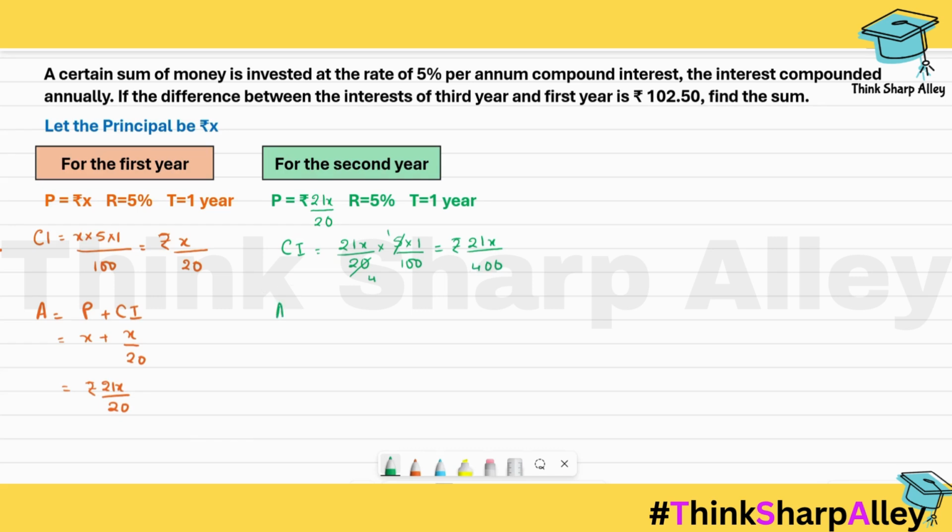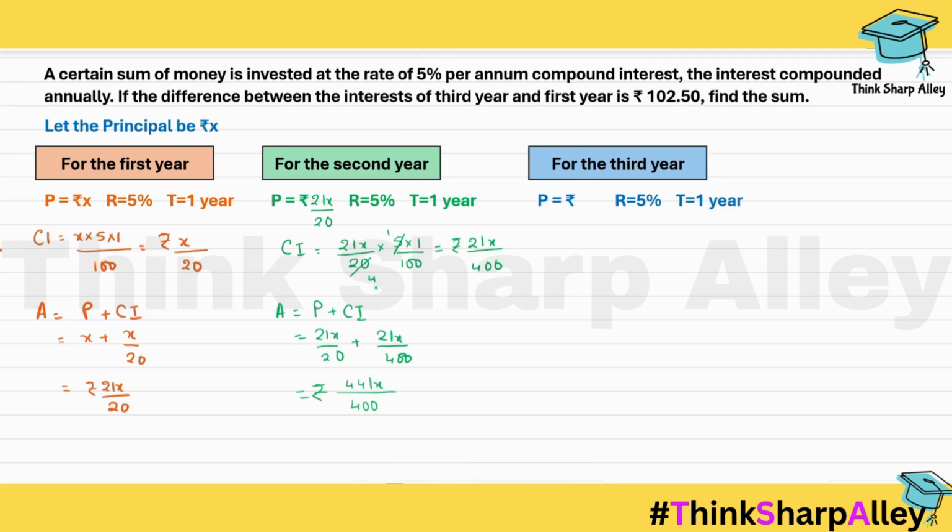And let's calculate the amount. Remember to use this year's principal, which is 21x by 20, and CI of the second year, which is again 21x by 400. That is rupees 441x by 400. Now we come to the final year, that is the third year. Here the principal becomes